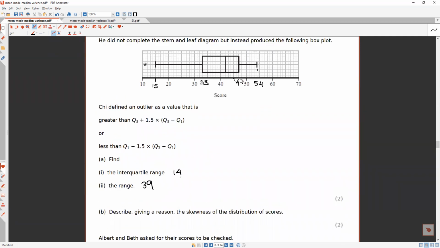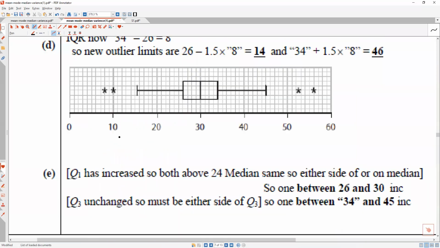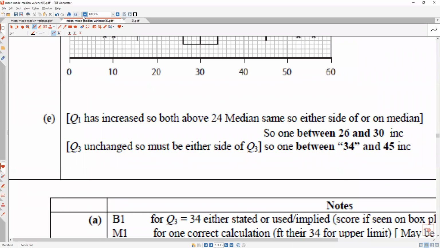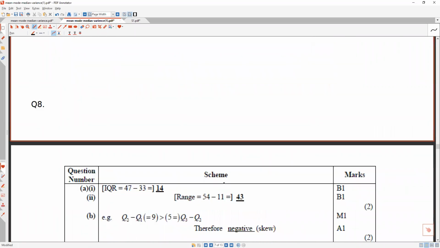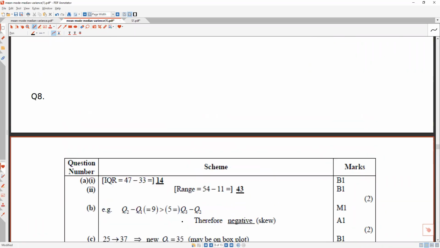Describe, giving reasons, the skewness of the distribution of the scores. You have to talk about the median over here. I think it is negatively skewed. The median is closer towards the upper quartile. When the median is closer to the upper quartile, it is negatively skewed, right? So let's check the reason. As I said, I'm not that good at giving reasons over here. Therefore, negatively skewed. Oh, they use this